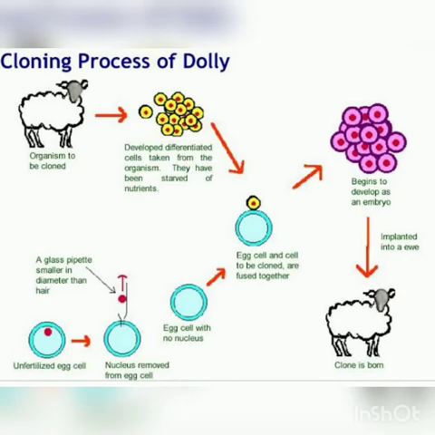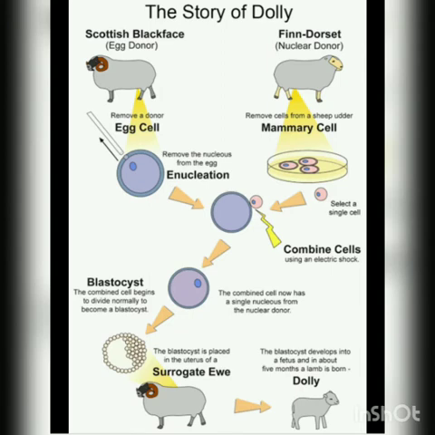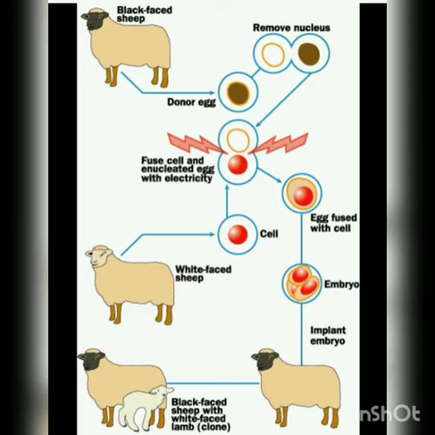The mammary gland udder cell, that is the somatic cell from the donor sheep, was isolated and subjected to starvation for 5 days. The udder cells could not undergo normal growth cycle, entered a dormant stage and became totipotent. An ovum, that is the egg cell, was taken from another sheep and its nucleus was removed to form an enucleated ovum. The dormant mammary gland cell, that is the udder cell, and the enucleated ovum were fused.